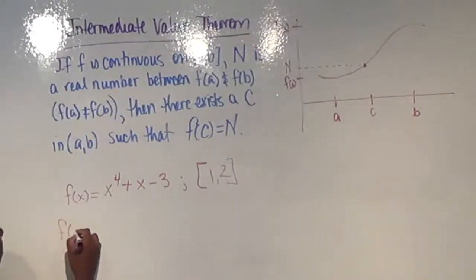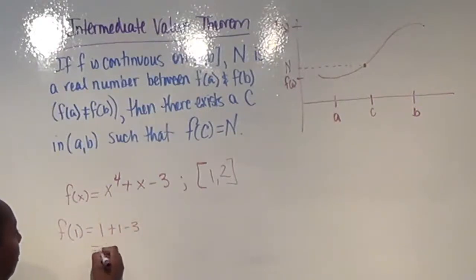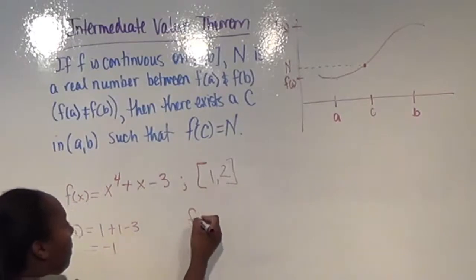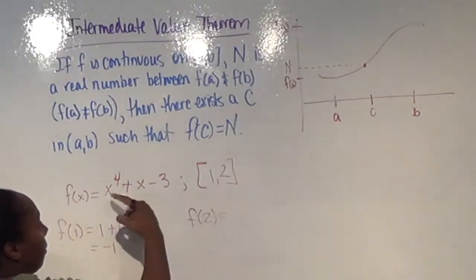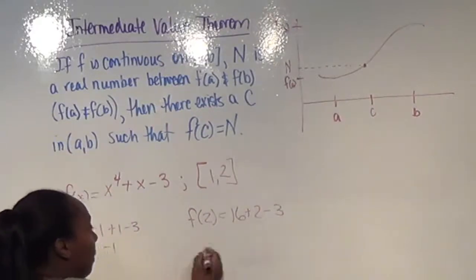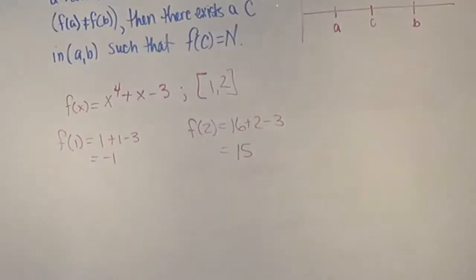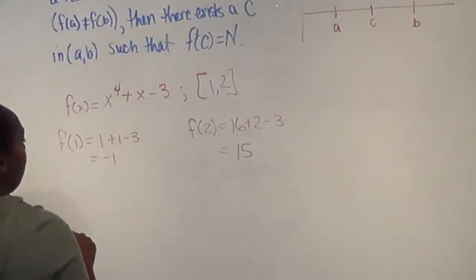Okay? So f of 1, we can see we're going to get a 1 plus 1 minus 3, which looks like a negative 1. And if we look at 2, f of 2 looks like 16 plus 2 minus 3, which looks like a 15. Okay, so those are clearly not equivalent. So, knowing that these are not the same,